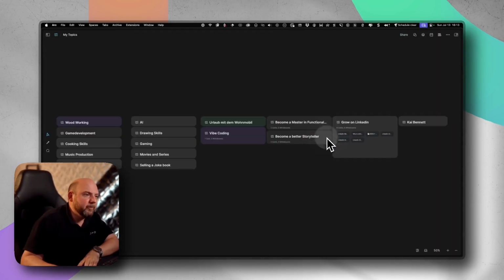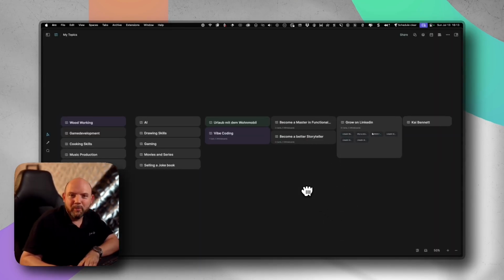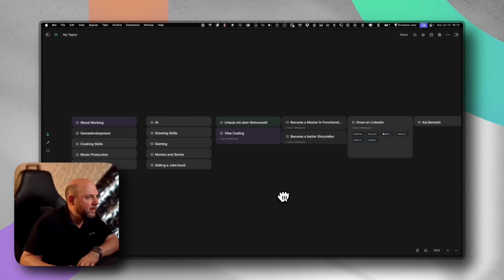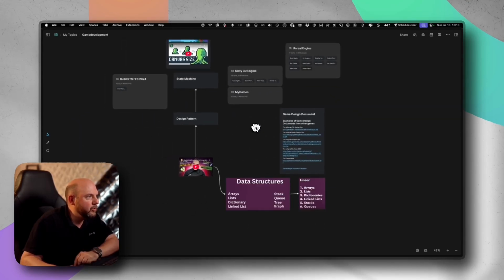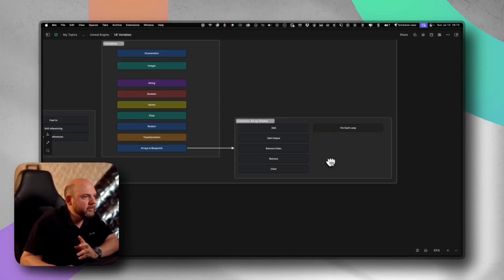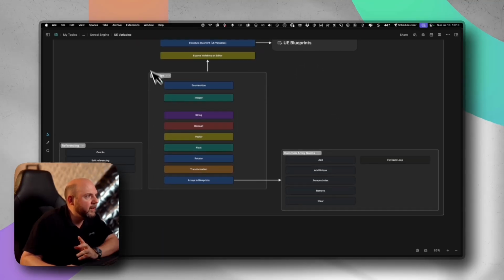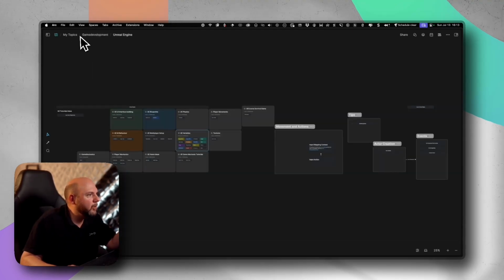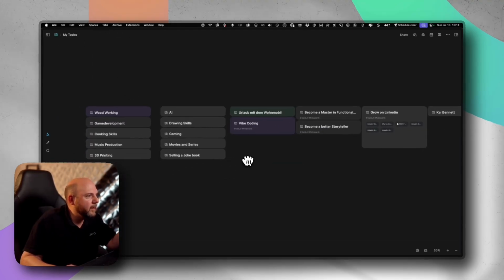And here in my topics, this is where you can please your FOMO, your fear of missing out. You can see there are a lot of topics that were ongoing, like game development. I always wanted to, well, I love learning about coding, and that's where game development was just a playful way to learn coding. I never was serious about it, but I kept learning more and more about these topics. Eventually it ended up in vibe coding, AI, things came together,